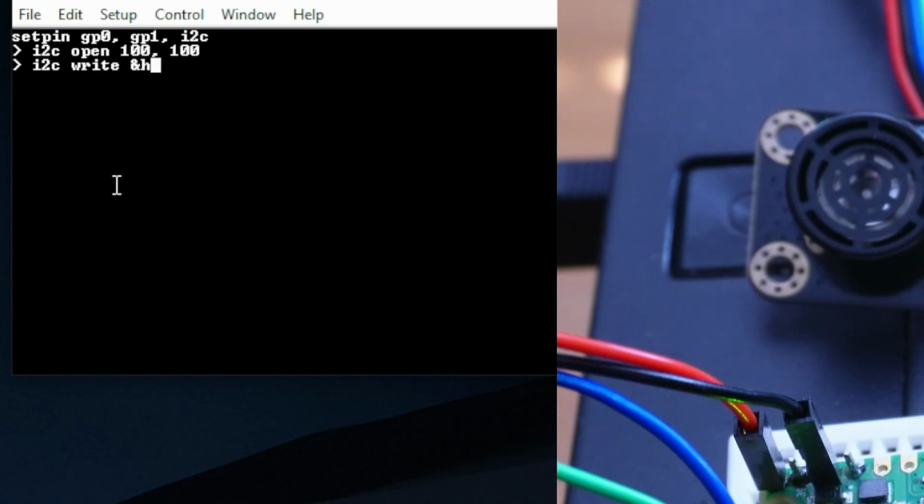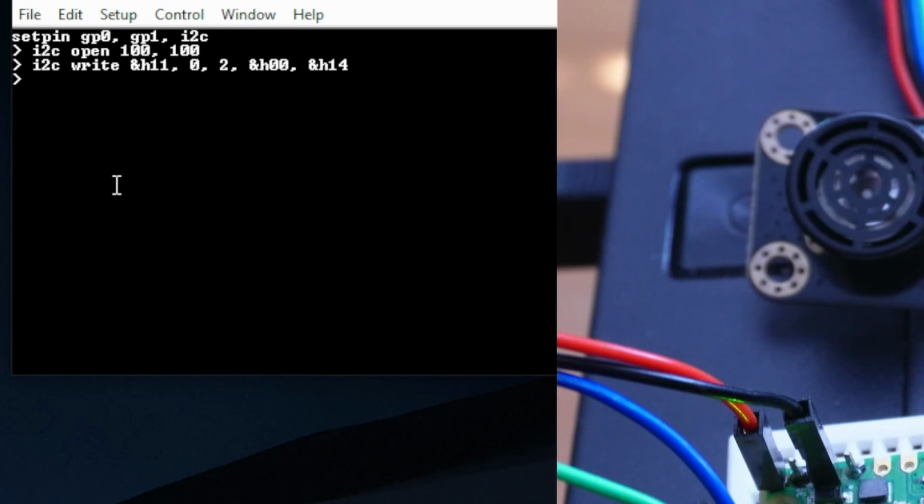I can just type in the address of the device, which is 11, and we can send it 2 bytes. We're going to send it the register 0, and we can change this to whatever we want. I'm just going to pick some number. We'll try x14